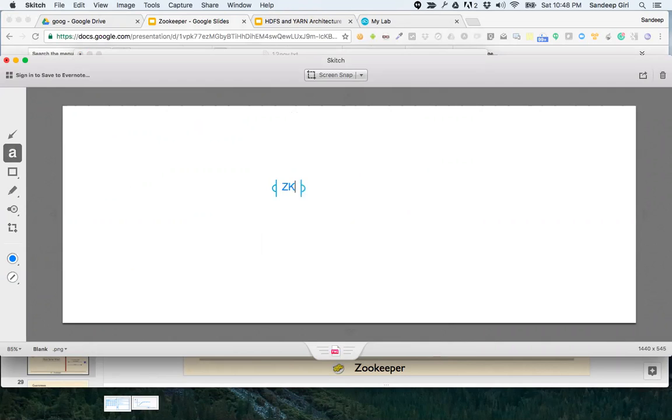This is your ZK, and it has already a node called slash. Let's say name nodes HA. This is the top level znode under which ephemeral nodes are created.